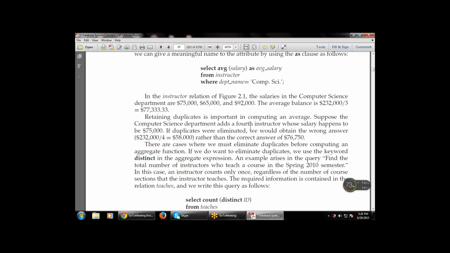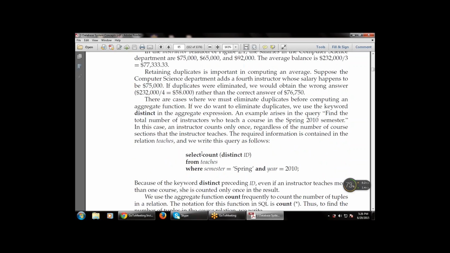by using the distinct keyword. So there is a keyword available, distinct. The query is select count, the count function is used, then distinct ID, that is, the distinct keyword is applied on the ID. So the ID takes only the non-duplicate values, and the count function is used,